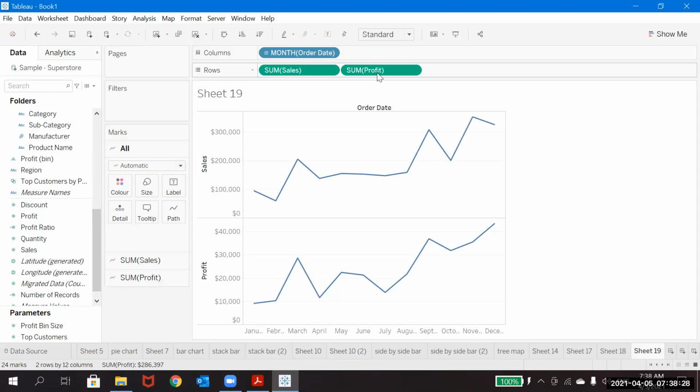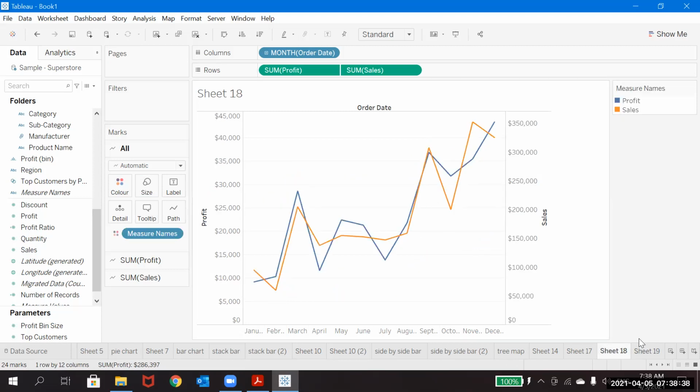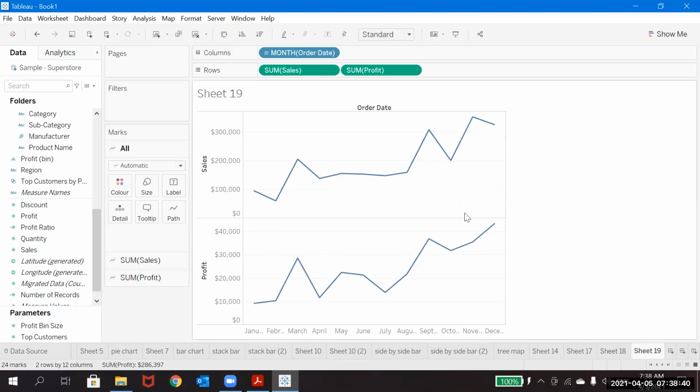Observe this clearly. Till here, it was the same as in the previous graph also. Now, if you'd like to create the chart in this way, you have to go here, on every second measure. When you are creating this dual axis chart, this is the first one and this is the second measure.